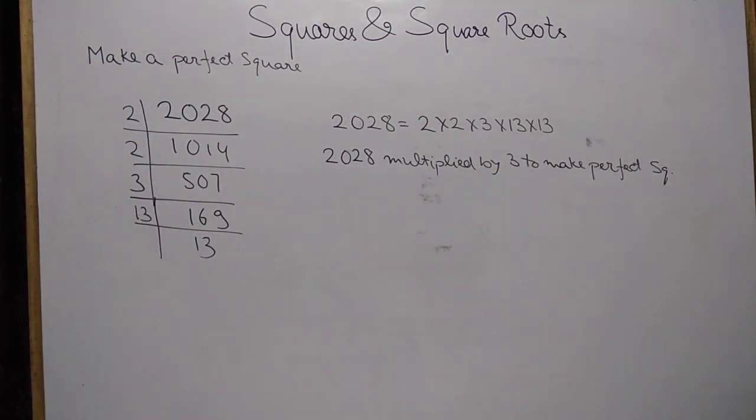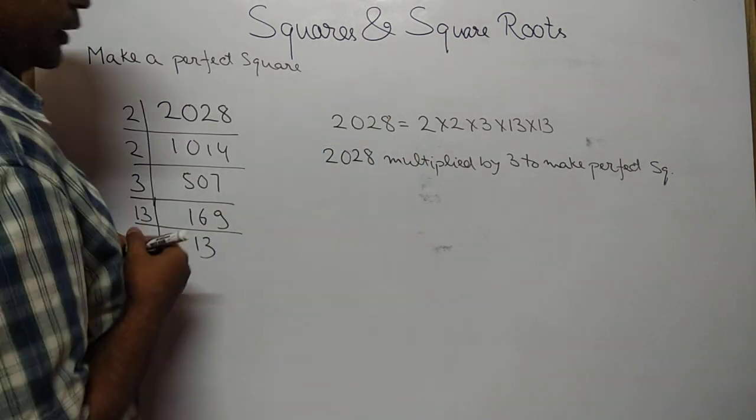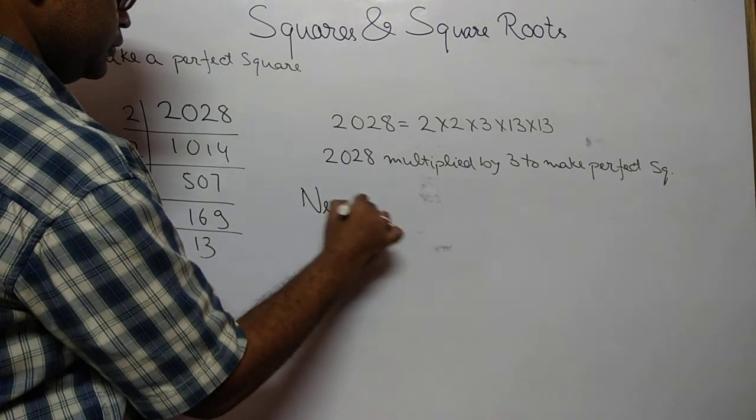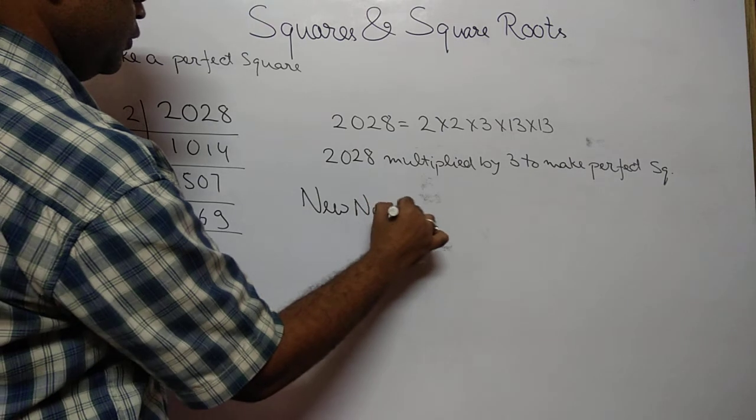Hope this one is clear to you. Now, yes, my writing is a little bit small, so please try to adjust to this one. Next time when I am writing, I will write bigger. So what is the new number? New number equals to